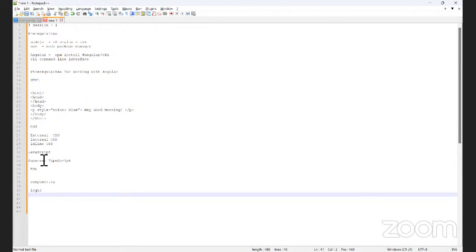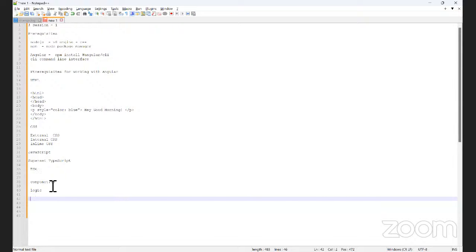With the help of JavaScript and TypeScript, we can build applications in a standard way. That's why there is a huge demand for JavaScript and TypeScript, and this is what we are going to use in Angular. So if we learn Angular, is this enough?